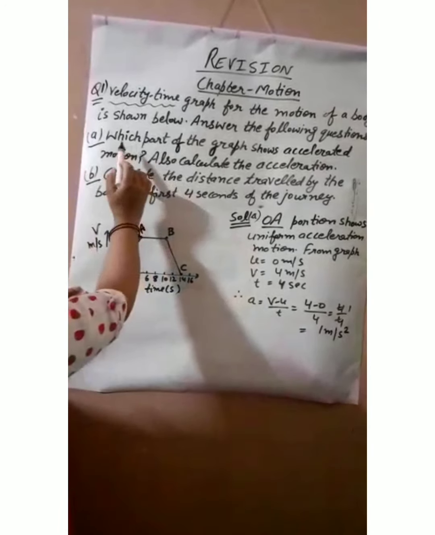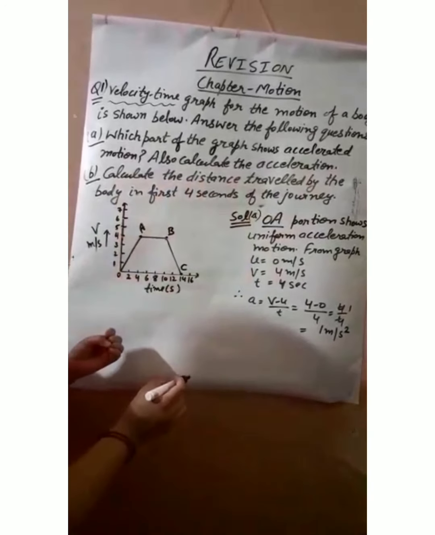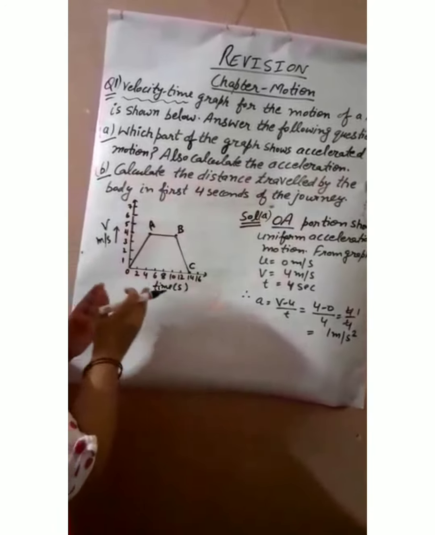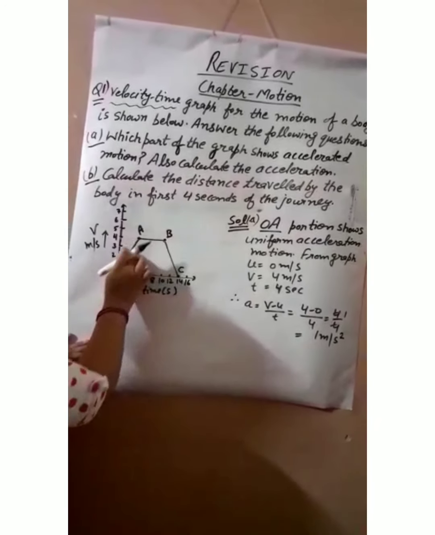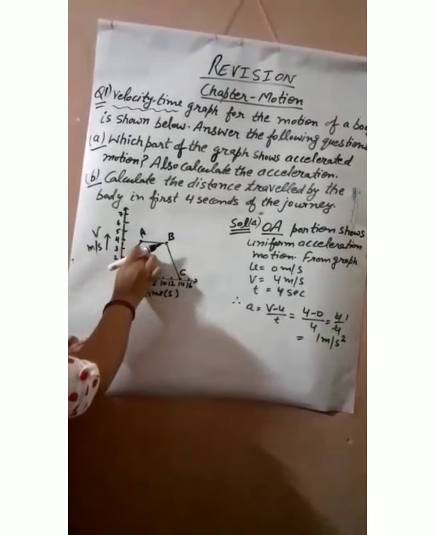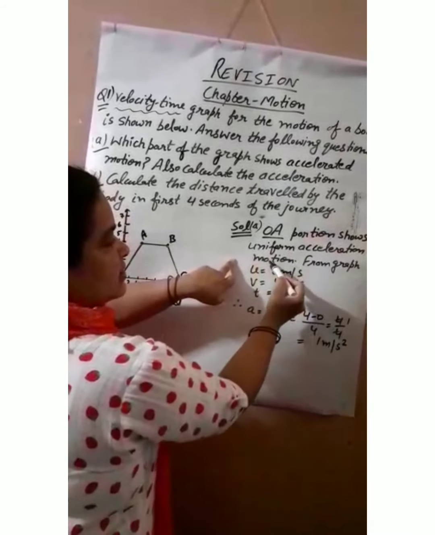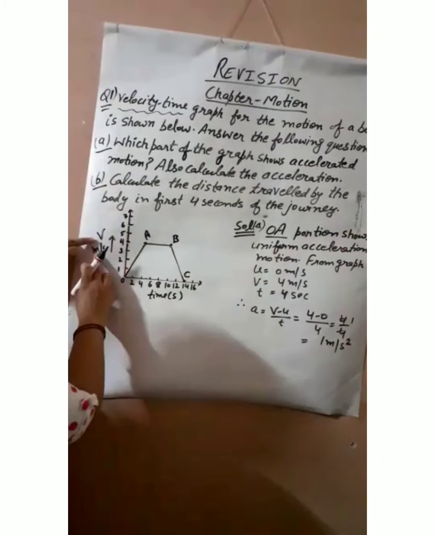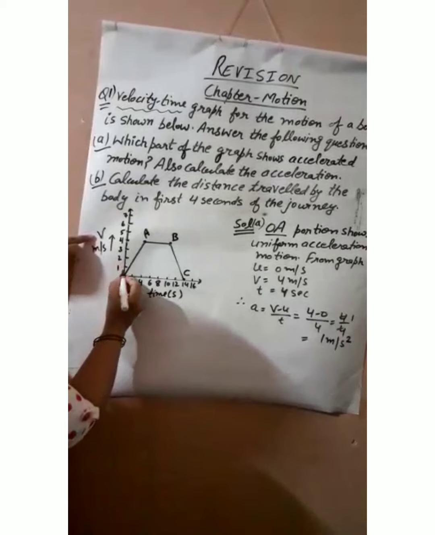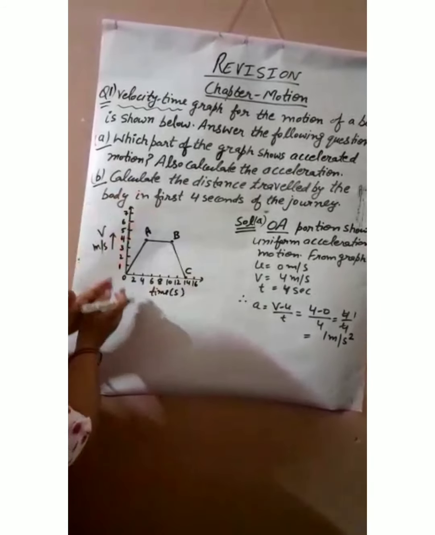So the first question is, which part of the graph shows acceleration? Acceleration means rate of change of velocity, and it should increase in equal amounts. So which region shows the increase in velocity? This OA region. So the OA portion shows uniform accelerated motion. Why is it accelerated motion? Because velocity increases with time. When you check it with the graph, you will find that velocity increases by equal amounts in equal